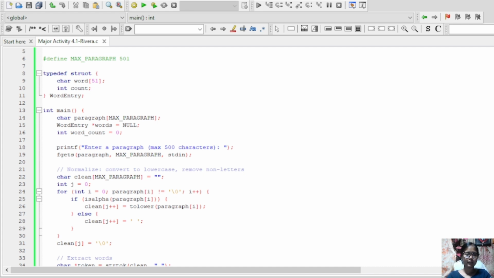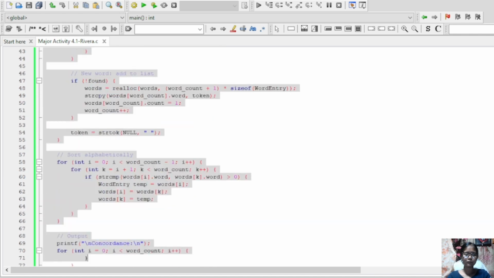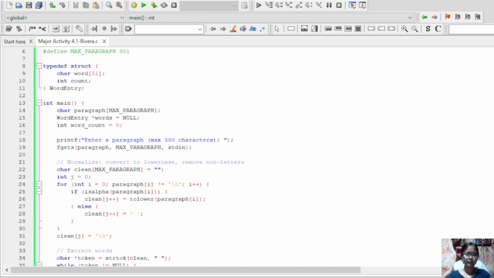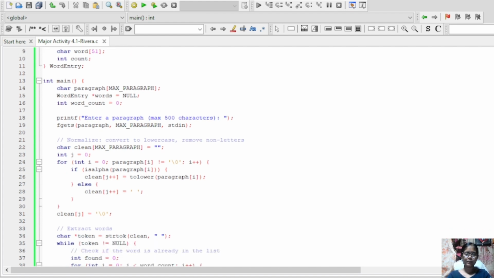Okay, this next line, I put a comment: normalize, convert to lowercase, remove non-letters. So this part is super important.